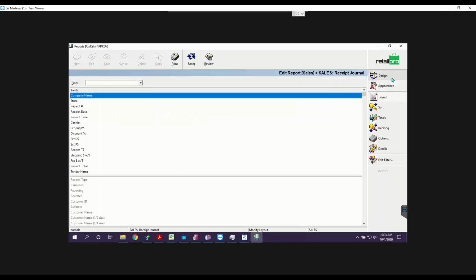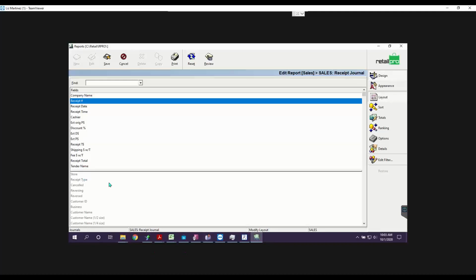All right, so I'm going to hop back into design. Again, we're in our layouts right now. This is deciding what is going to be on the screen. And as a basic sales receipt report, this is what you're going to see: our store, company name. Maybe we don't have multiple stores, so we don't need the store. So I'm going to double click and take that